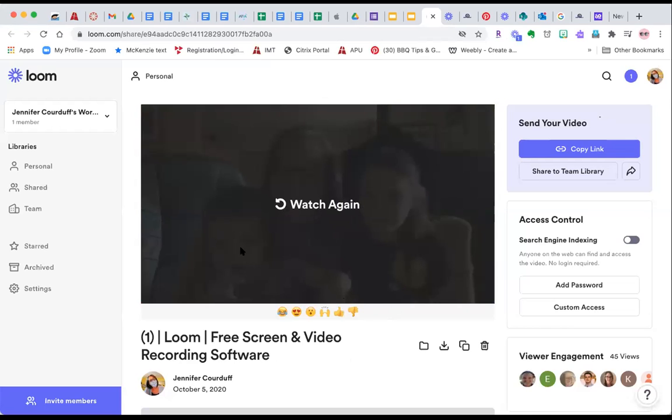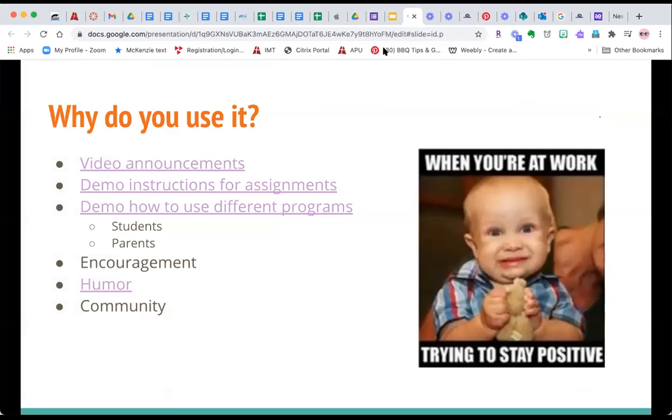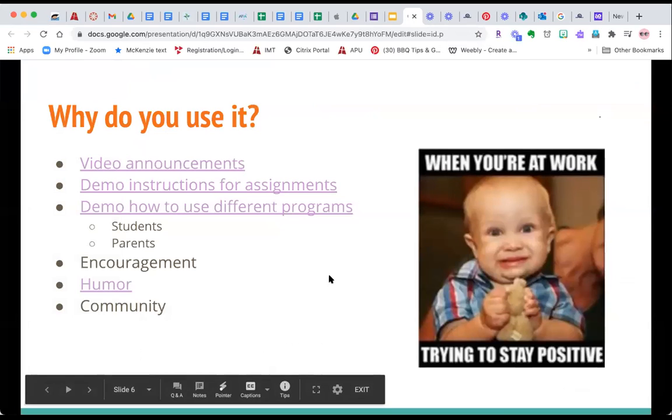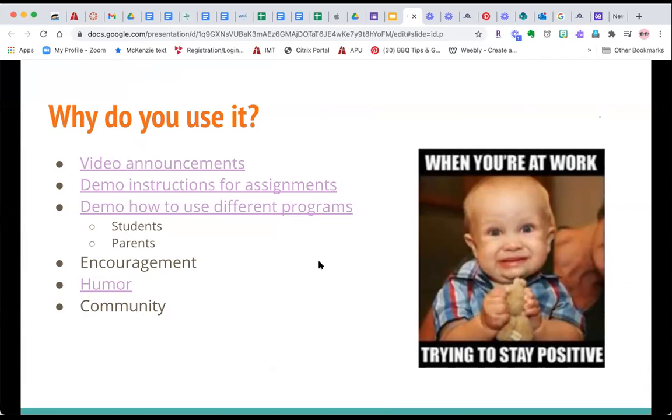So that's just two of my grandkids, and I use them when they come over because my students really enjoy seeing them. Okay, this is how I